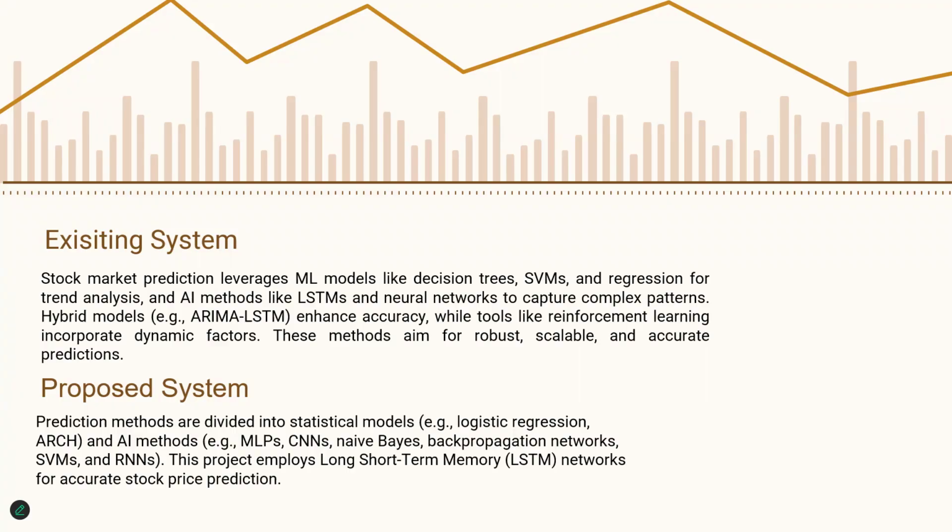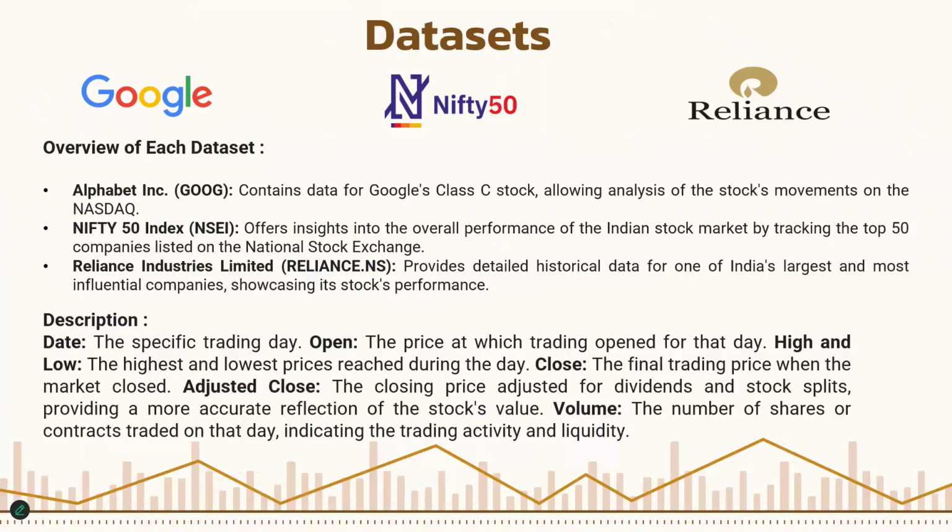Now let's discuss the datasets used in this project. We used Alphabet Google, which contains historical data for Google's Class C stock analyzed for movements. Then comes the Nifty 50 index, which tracks the top 50 companies on India's national stock exchange. And then comes Reliance Industries Limited, which provides the historical data for one of India's largest companies, showcasing